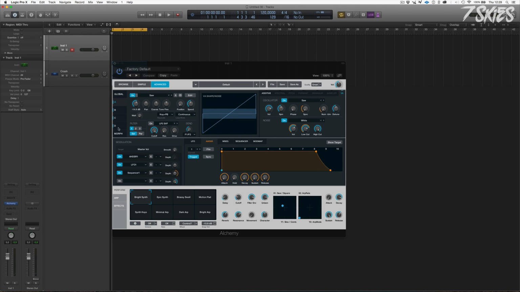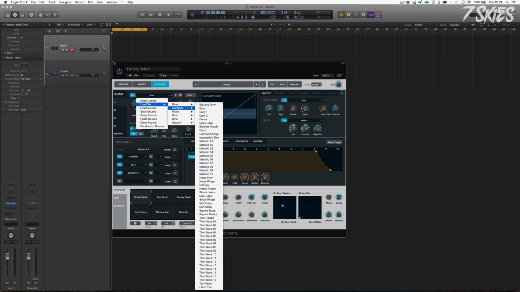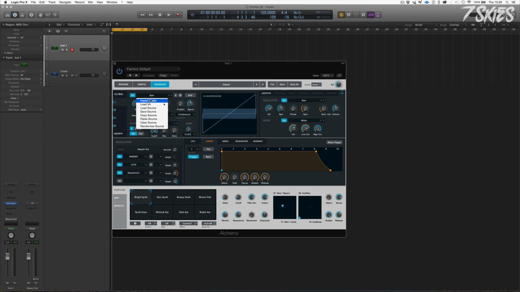So here you have 4 oscillators, which are called A, B, C, and they also gave you the D. And basically, each oscillator can have the normal, basic waveforms and so on. But you can also import your own audio. So let's turn off all the oscillators for now, and let's see. All right, so right now we only have, let's get rid of all the delay. Okay. We only have a saw wave, but we can decide to switch to sine wave. Oh, it's being all stupid, but